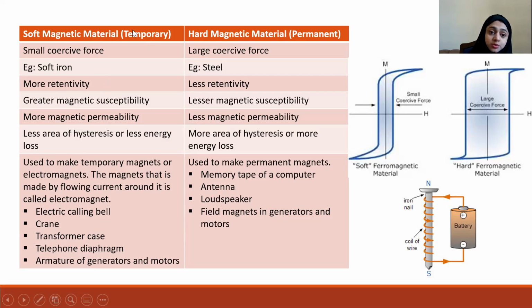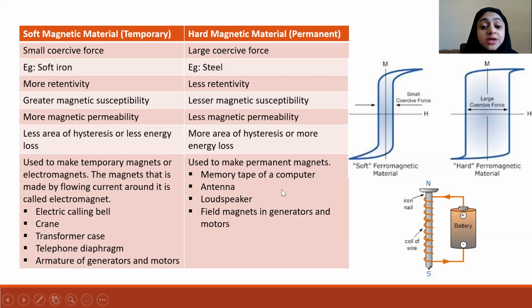So we use a temporary magnet or a soft magnetic material. And the armature of generators and motors. What is an armature? Armature is the rotating part in a generator or motor. So the rotating part also uses a temporary magnet,